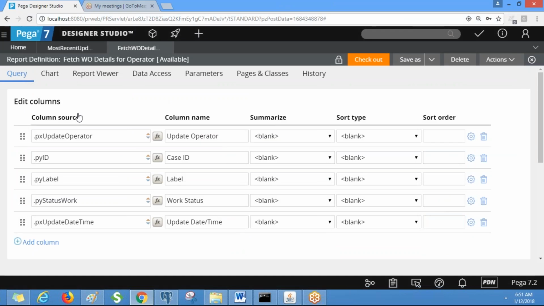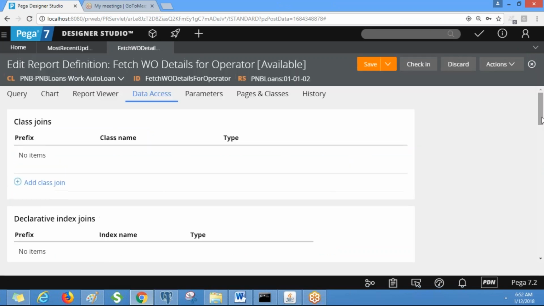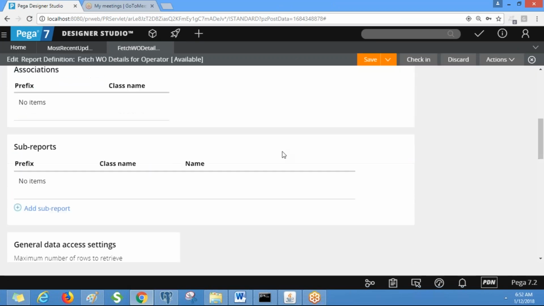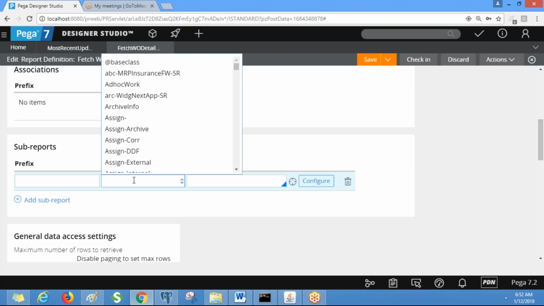Okay, so for that, go to the data access. Okay, so here we have an option to include the sub reports. Here we need to specify the class name where we have the sub report.